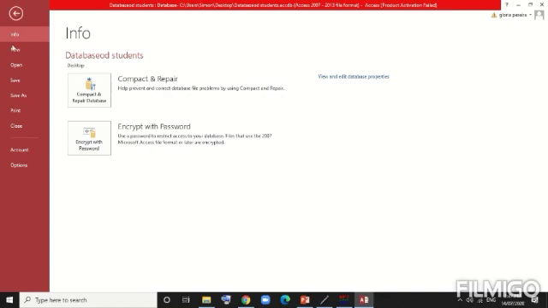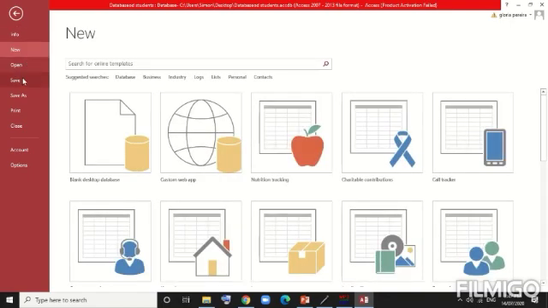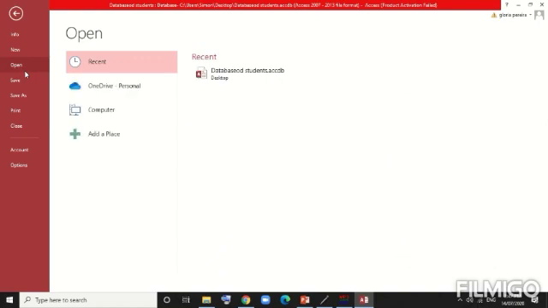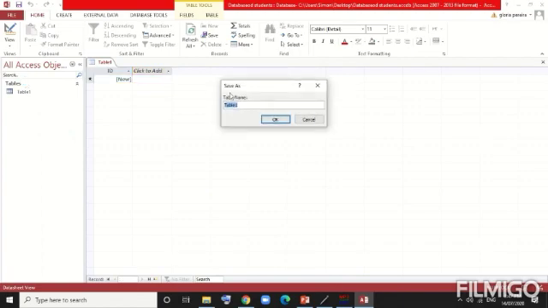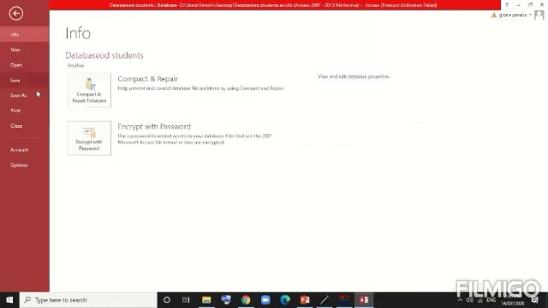So here we have different options like Info and New. If you want to create a new database, you have the New option. You have the Open option, for a database which is already created and you want to open in Access 2013, by browsing your documents. We have the Save option, for saving the data; first I'm going to save the table and then save the data. Then we also have Save As, wherein if you have to change the name of the file, or change the destination of the file for storing, you can use the Save As option. We have the Print option for printing the document or the table.